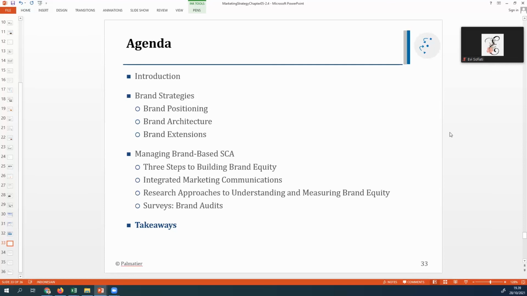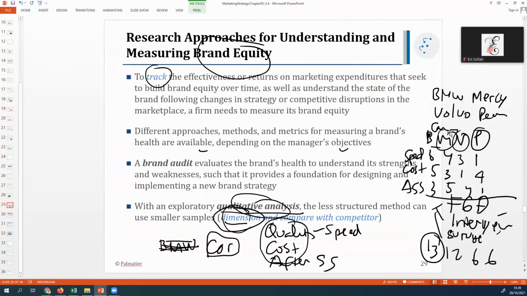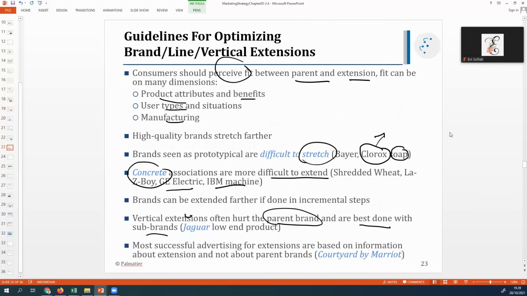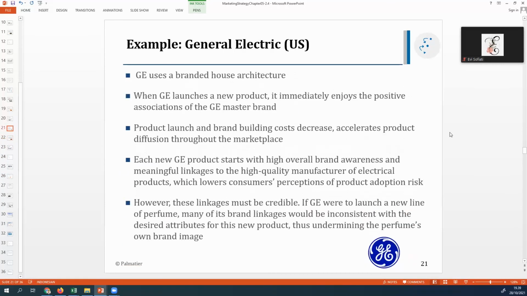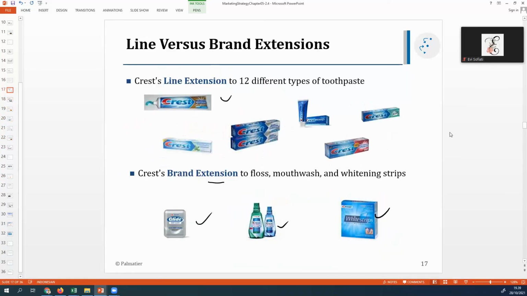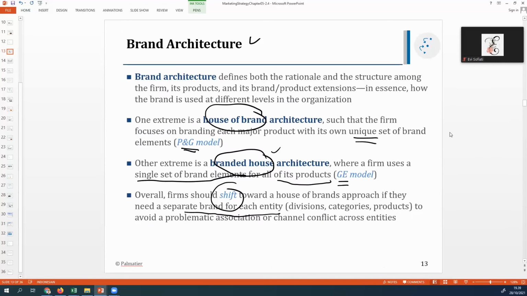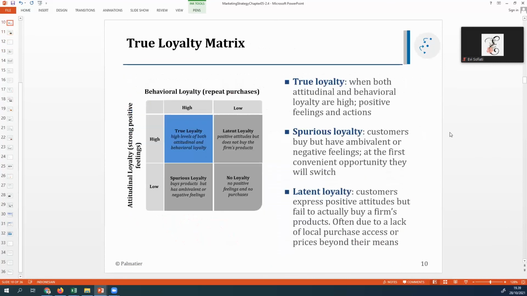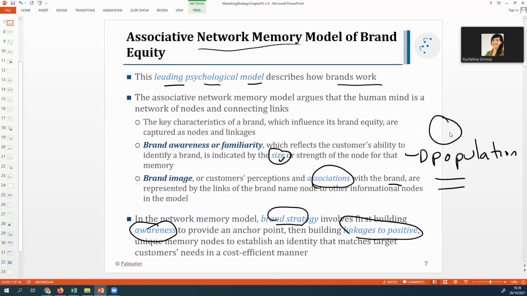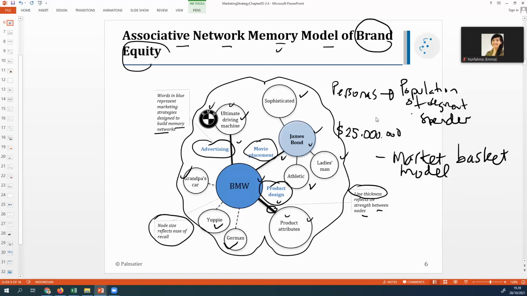So far so good. Any questions? Any questions? Alright. Next is offering. So there is brand strategy, and then next is